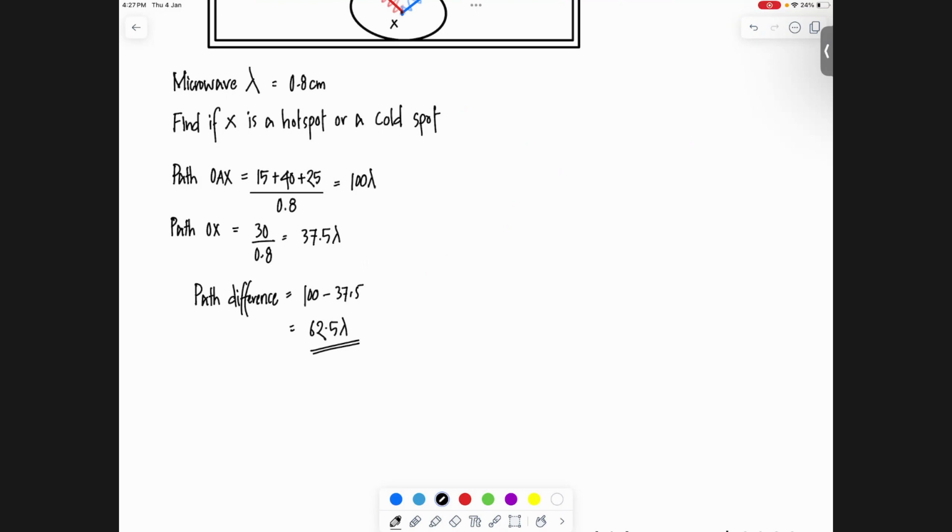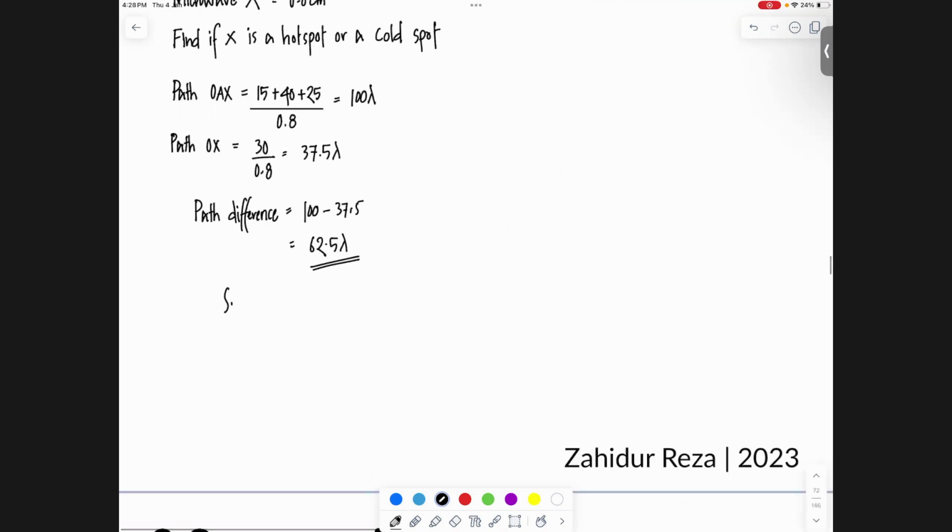If this was a whole number, like 61, 62, 63, তাহলে কি হতো? Constructive. But this is what though? 62.5, right? Isn't that like a half multiple, right? So that means whatever happened here results in a what interference? Destructive. 61.4 to the ashto, তাহলে কি হতো? Just interference. Okay, so তোমাদের conclusion হবে, since the path difference, এটা একটু গুছায় লিখতে হয়, এটা অনেকের কনফিউশন হয়,